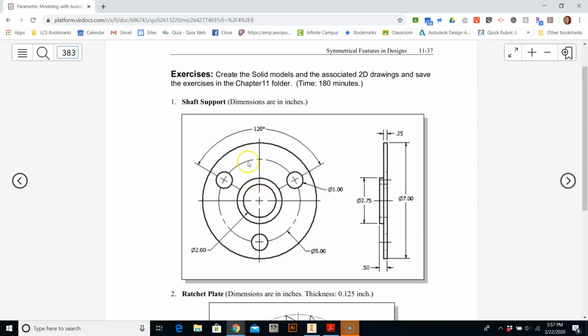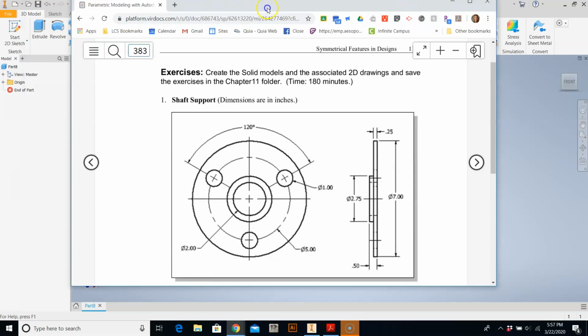So I'm going to start with the shaft support drawing, and what I'm going to be doing differently is drawing each one of these problems under a separate video. So this one is specifically going to be shaft support, and then I will follow with other videos for the rest of the problems. So I'm going to just minimize this here now, and so we can start taking a